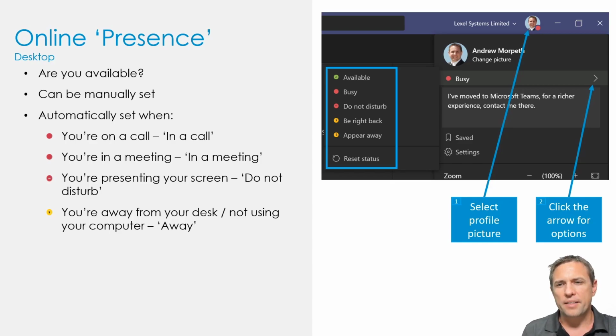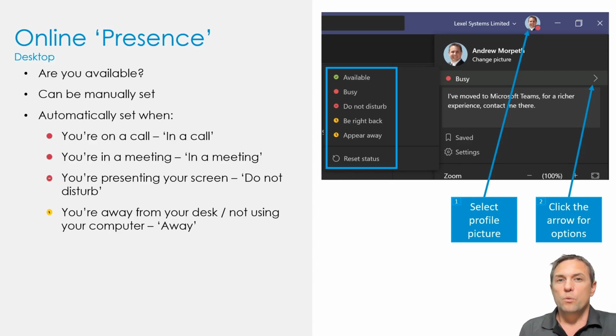And so a little bit about that. So presence can be automatically set as well as manually, so you don't have to remember to always be setting your current status. That will be handled somewhat on your behalf. So for example, when you're on a call, you'll go into the busy presence state, but you'll also be marked as in a call. Likewise, if you have any Outlook meeting invites, your presence is going to get set to